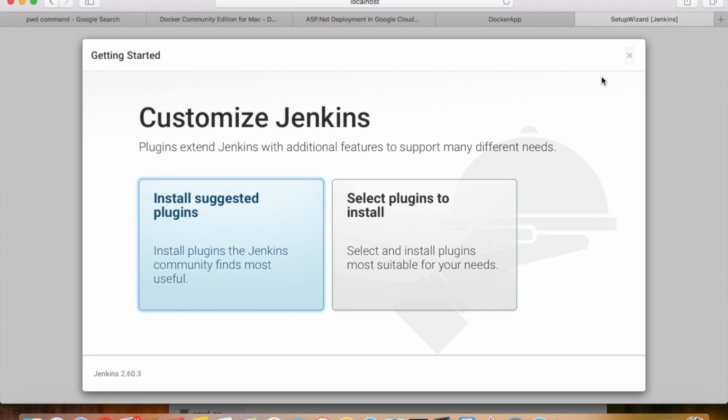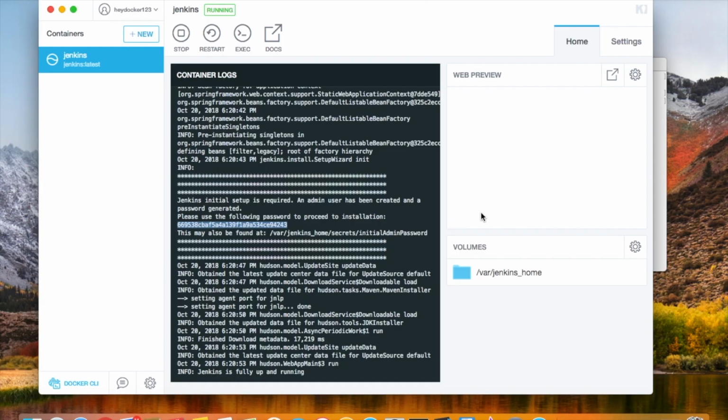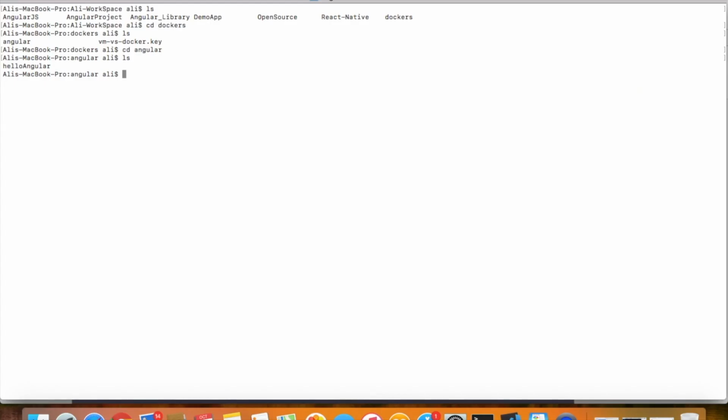So now let's look into the Angular app. Let me create a new Docker app, and it's going to create the